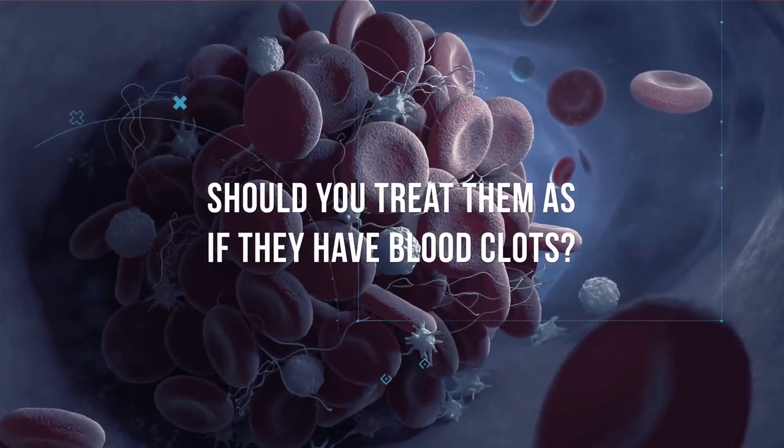But even if we do all these tests and they come back negative, there's still the possibility of a false negative because no test has 100% sensitivity and 100% specificity. In other words, no test is 100% accurate. So there's going to be times where you have a very sick patient with COVID-19 in the ICU and you don't know if they have blood clots. The question becomes, should you give them a high-dose blood thinner, meaning should you treat them as if they have blood clots? Not an easy question to answer,